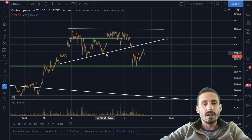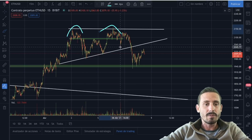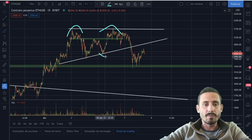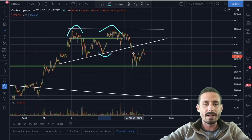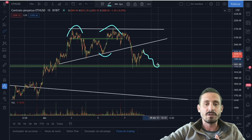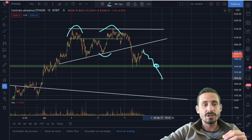We've created lower lows, as you can see right here. We've done a double top right over here, which is extremely bearish. Okay, it's a trend reversal, and we've broken this higher low right over here. And we are getting a bounce. So the most likely scenario, in my opinion, is continuing back down, retesting this support level, and potentially continuing to the